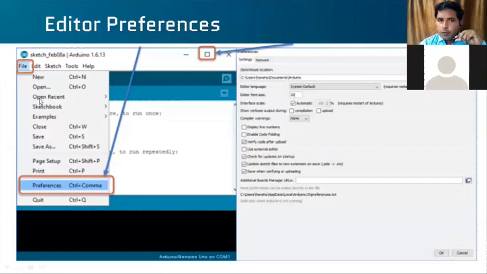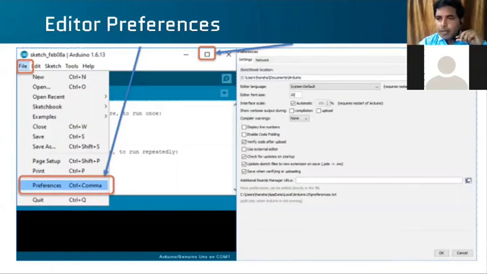If you want to open a recent program, you can open Recent. You can open a sketchbook. And Examples: these are inbuilt programs, basic programs Arduino has, like the blink program, potentiometer, serial data reading, analog data, digital data. Those are the inbuilt examples it has.